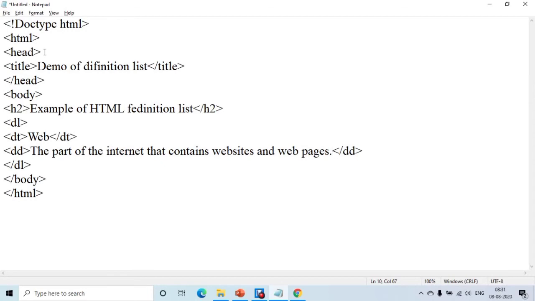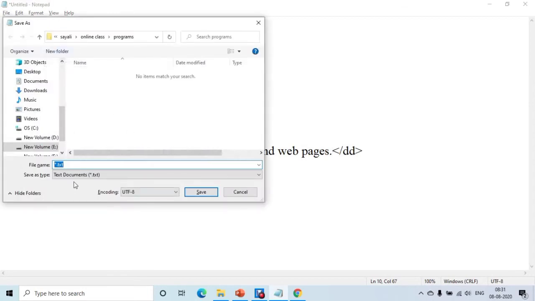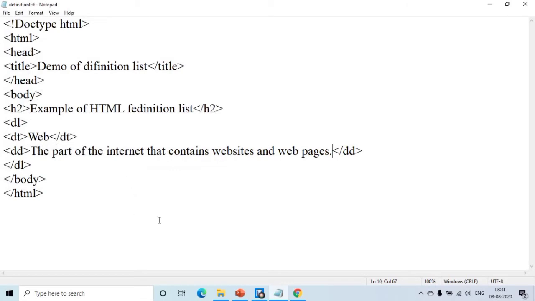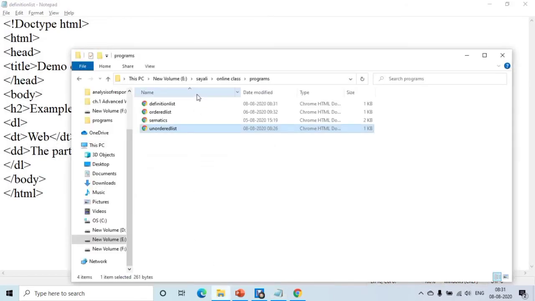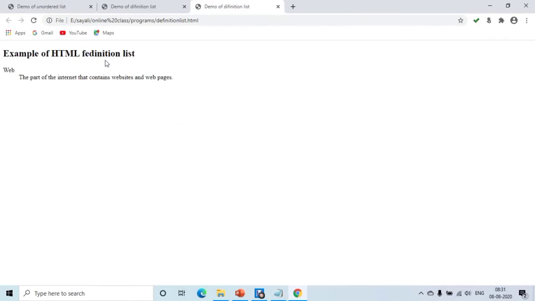Now save this program as example of definition list dot html. Save the program and execute it. See here, this is a heading, this is the data term and this is the definition of this web.